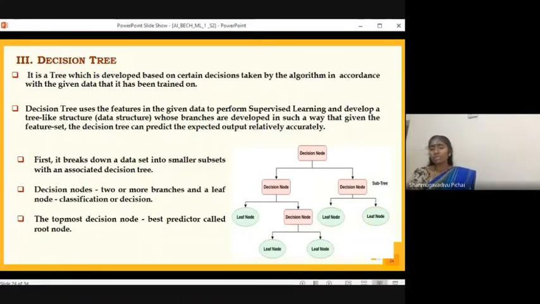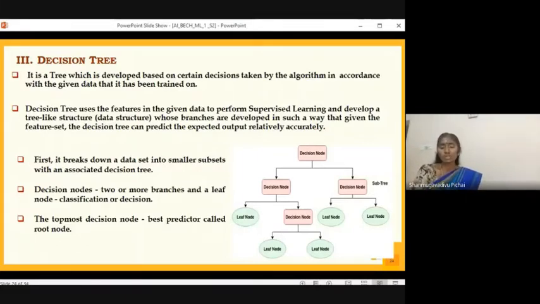The first one is the root node, which has the highest significance, the one on the top as you look into the slide. Below that, there are 2 nodes, which we call subtrees or subnodes. These subnodes again get branched out further. The one on the left side has one oval shaped node as well as a rectangular shaped node. All the oval shaped nodes are called leaf nodes, and each and every leaf node shown here represents the output.